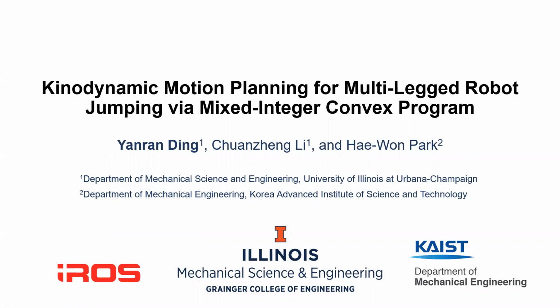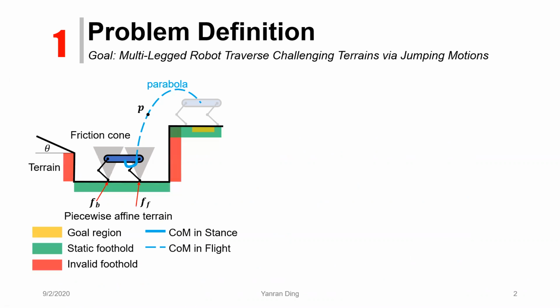Hi, today I'm going to talk about kinodynamic motion planning for multi-legged robot jumping via mixed integer convex program. The ability to perform dynamic motions such as leaping over gaps and jumping on high platforms is a unique advantage of legged systems. Our goal is to develop an algorithm to generate dynamic trajectories for multi-legged robots to traverse challenging